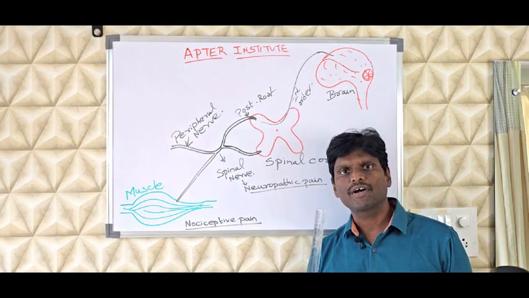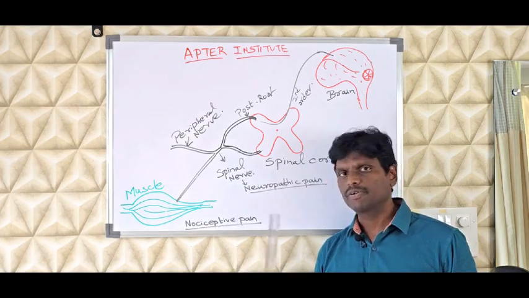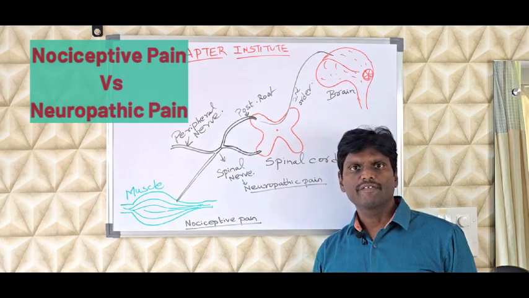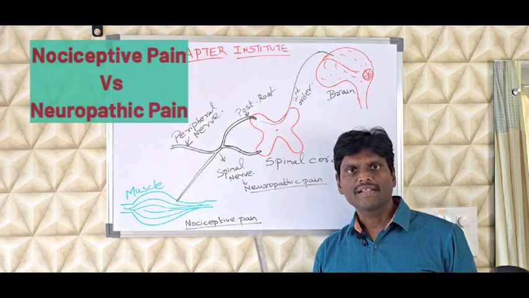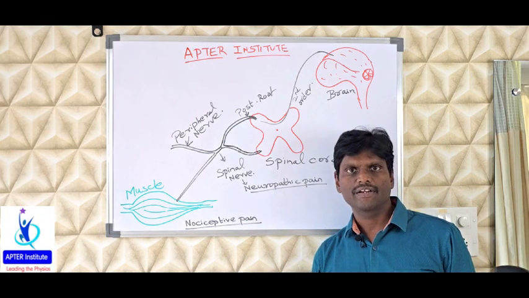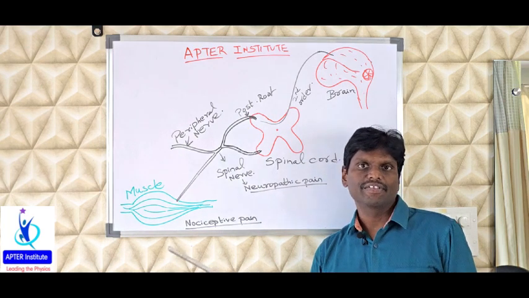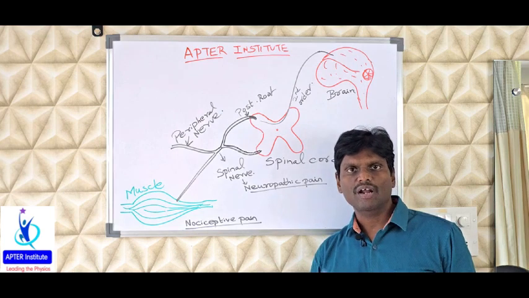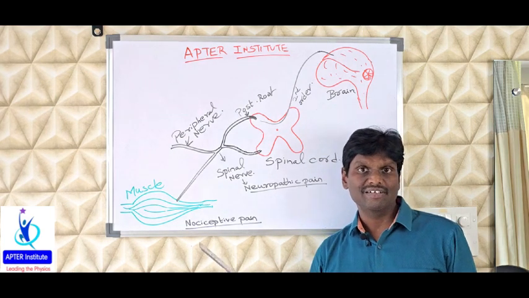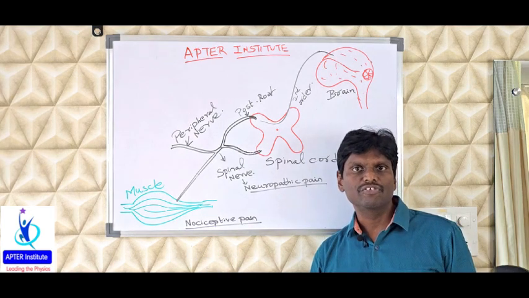Hi, today I'm going to talk about the difference between nociceptive pain and neuropathic pain. Nociceptive pain is the pain which is originating from the nociceptors that are located in the periphery. For example, the nociceptors located in the ligament, the muscle, the tendon or even the joints. When tissue trauma happens, like tendinitis, muscle tear or ligament injury,